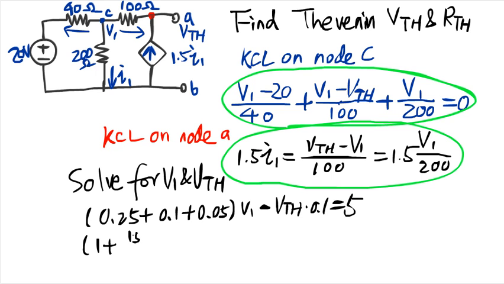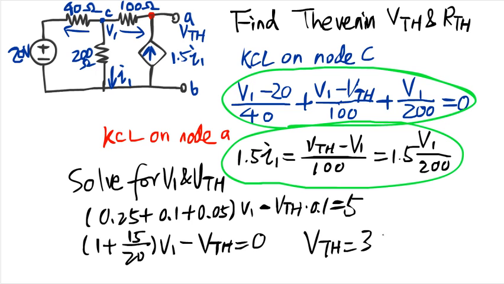That's what the first equation simplifies to. That's what the second one simplifies to. Solving this, we find that VTH is 38.8